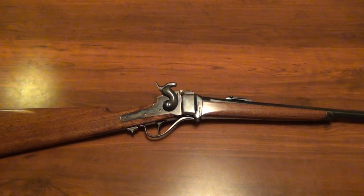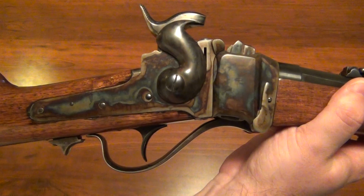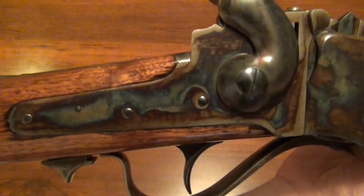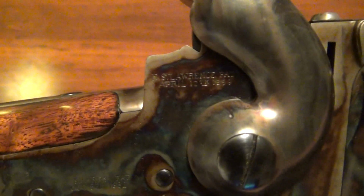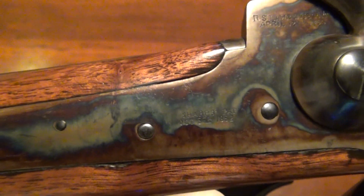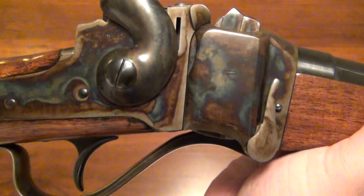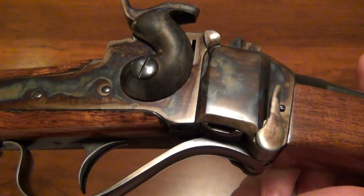The case colors on this, let me bring it up here so you can take a look at some of them. They're actually really pretty. You'll see all the actual Sharps marks there, all the standard marks from Sharps and lettering. So you can see the case coloring is just